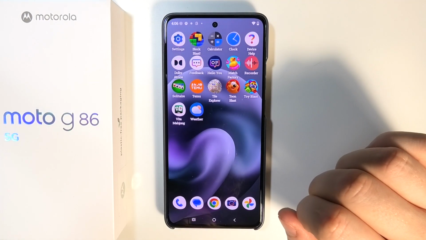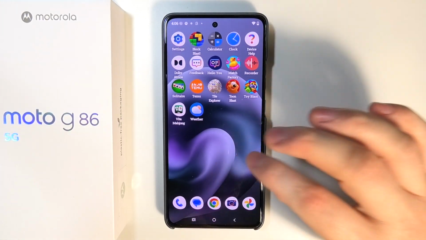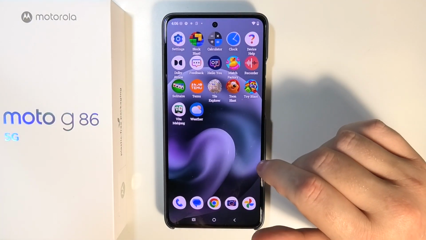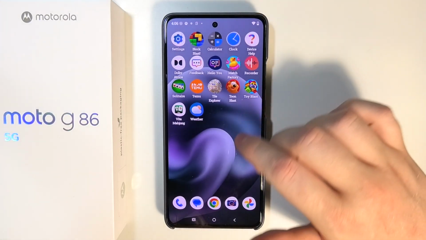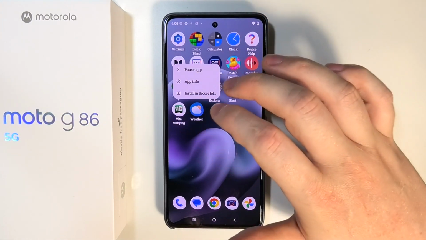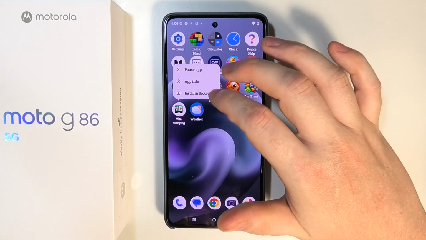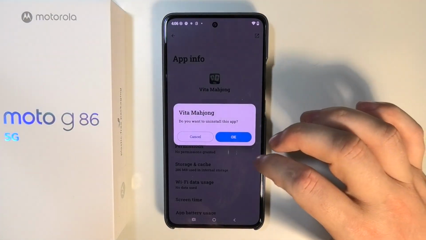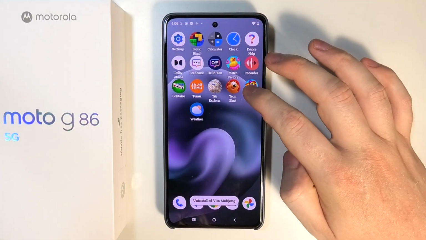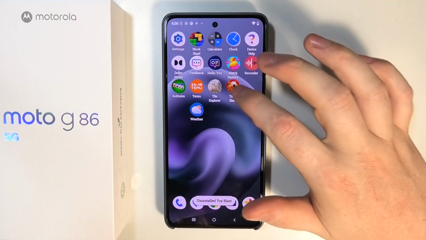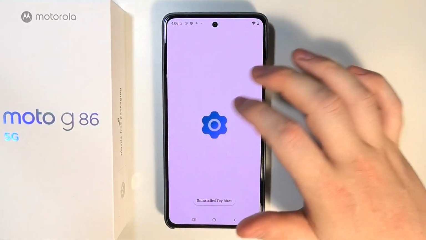Now what we need to do is find all of the apps that were installed along with our system and the ones that are actually not needed. So what we have here is Vita Mahjong. We can go for the app info and then uninstall it, as this is a bloatware. The same for Toon Blast,